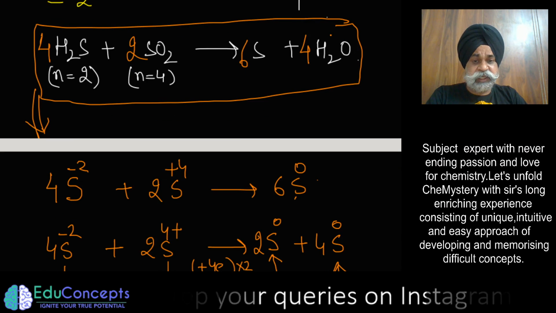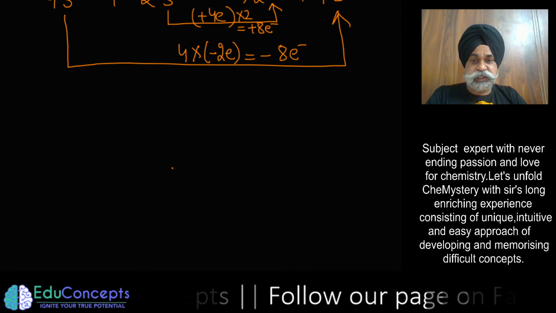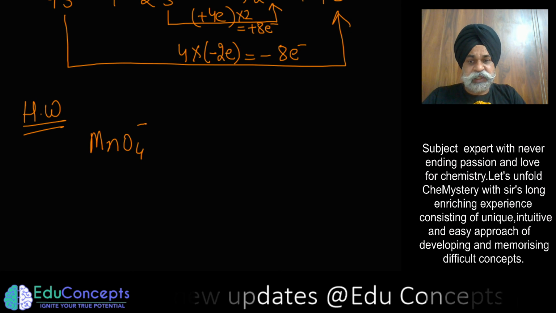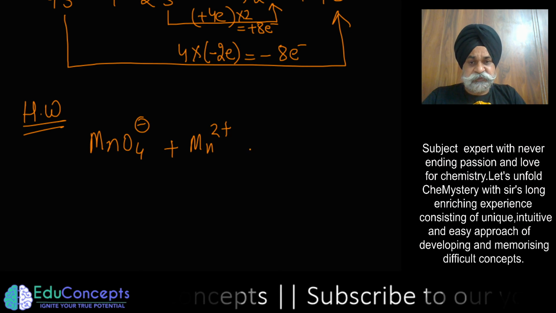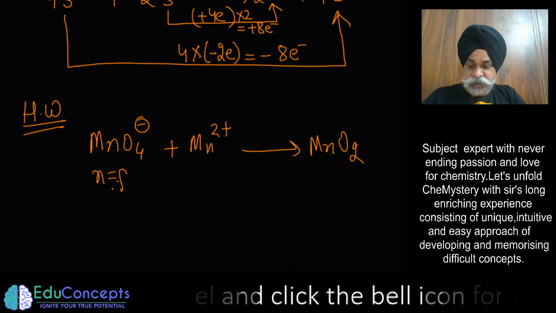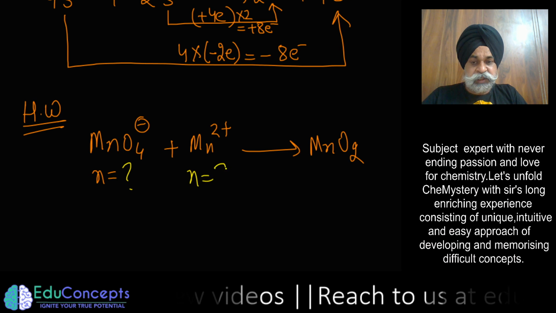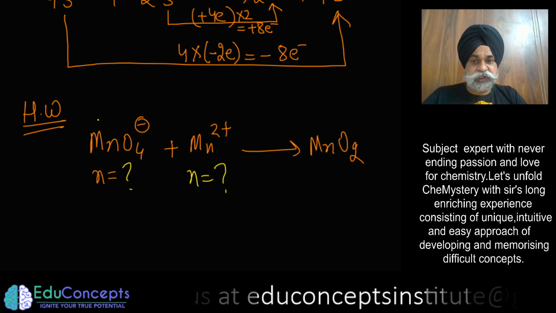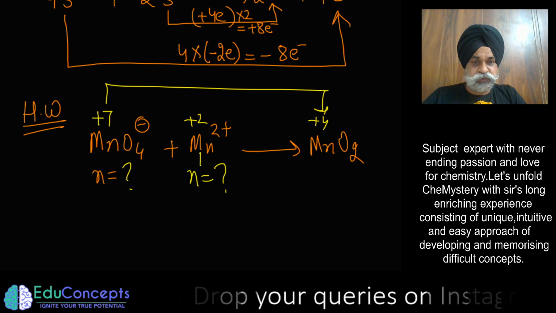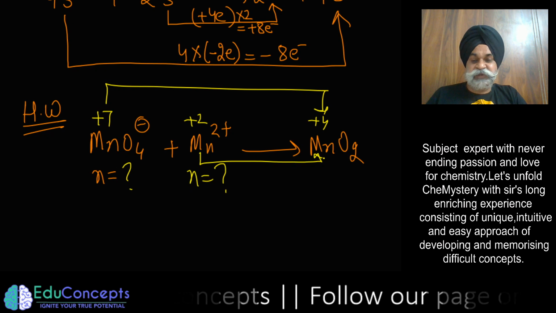Did you get the point? That is what I am trying to say. So I hope you have understood what the disproportionation reactions are. Now I am leaving you with one homework question. You could try it at your place: if you have permanganate ion treated with Mn2+ in acidic medium, and it goes to MnO2, you have to find the n factor for this one and for this one. So is it a comproportionation? Yes, it is comproportionation because it is going from +7 to +4 as well as +2 to +4. If I keep on saying it this way, I will solve it, so I will leave this question to you.